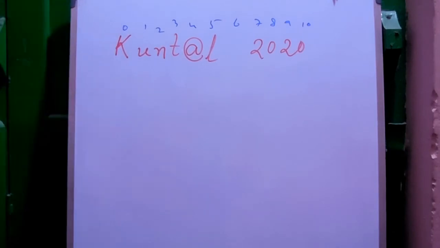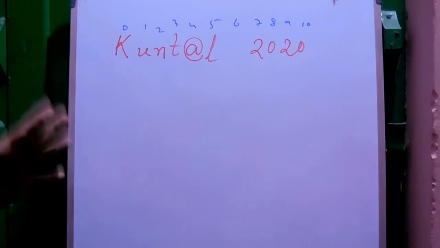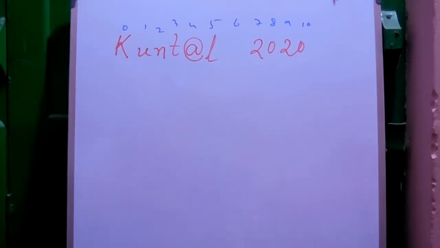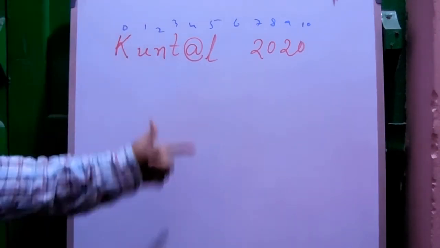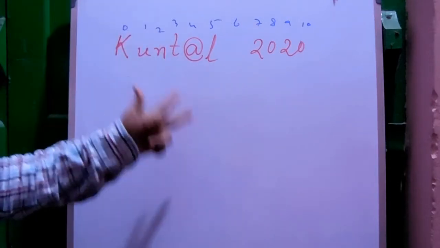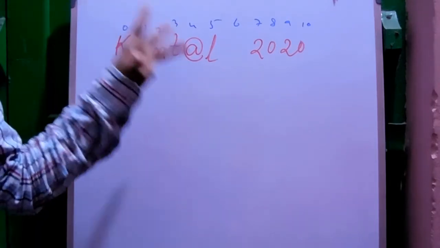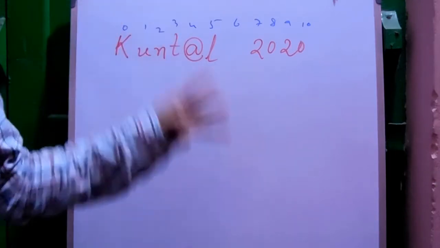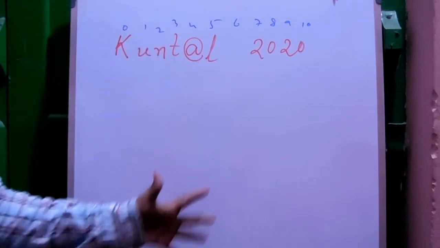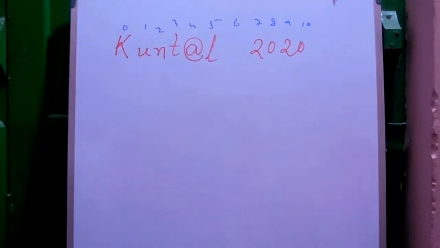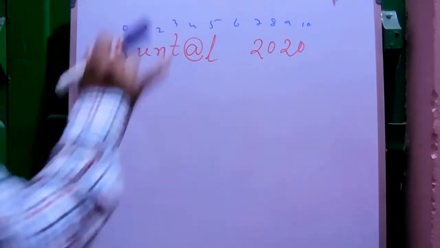For the counters we will take a total of 5 counters, one for each category. There are total 5 categories to count. Category number 1 is capital alphabet, category number 2 is small alphabet, category number 3 is the space, category number 4 is the numbers, and category number 5 is the special character. So in total there are 5 categories we will follow. Okay, so let's see how to do it.